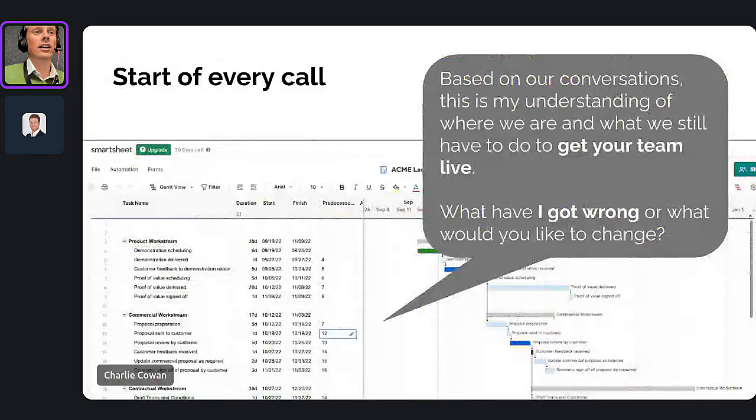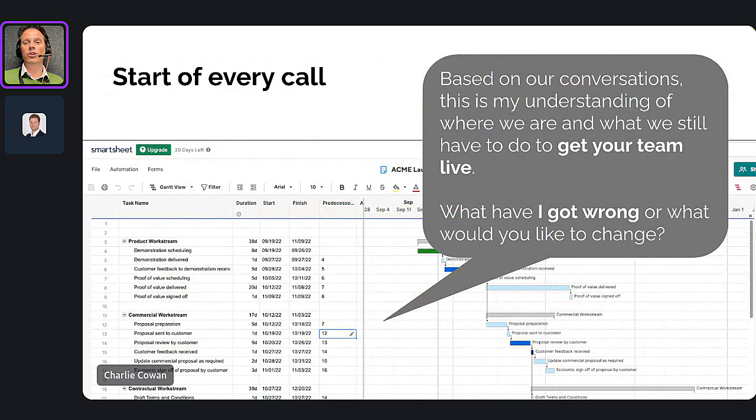So the way that I use this is that at the start of every call with the customer, and this really starts from the moment you've got through demonstrations and you're getting into a vendor selection, is to say simply, based on our conversations, this is my understanding of where we are and what we still have to do to get your team live.